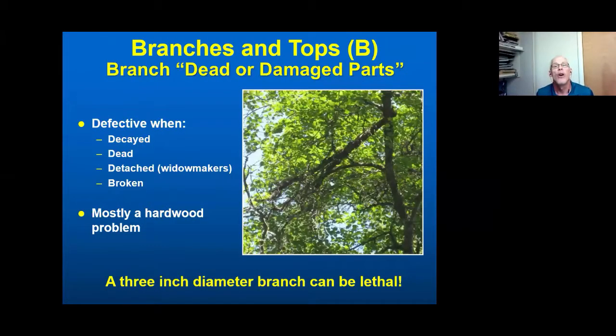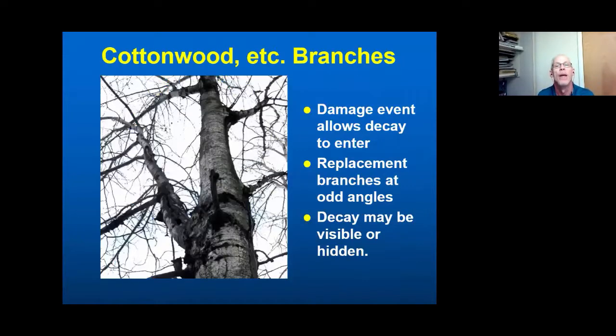Okay, we're also going to talk a little bit about branches and tops, dead branches. They're particularly defective when they're decayed, dead, even worse when they're detached. We call those widowmakers. And if they're broken, most of the times they're a hardwood problem. We've had some of our most serious problems on cottonwoods in developed recreation sites in the Western US. I know of at least 3 either fatality or serious injury related issues that have come up with dead cottonwood